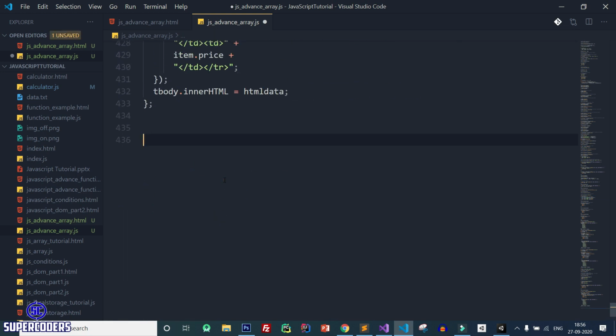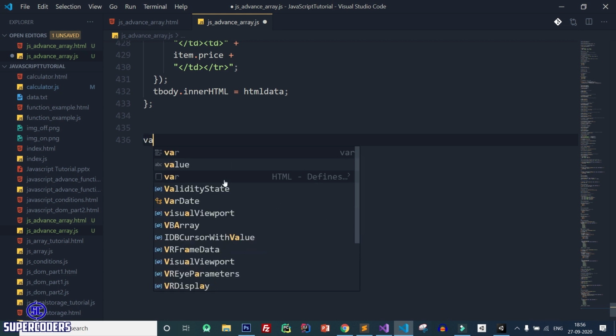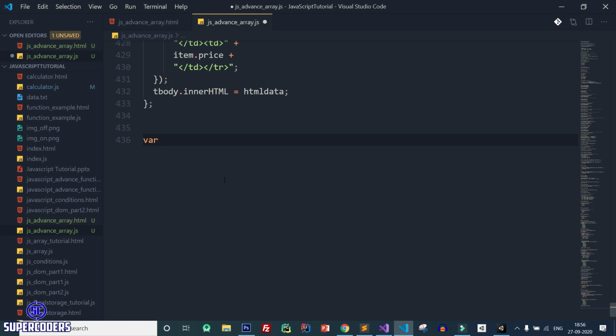Now let's work on the next example, which is spread operator, which is a very important topic and a very important part of arrays. So let's see the example of spread operator. Earlier I showed how you can copy data using the slice method, but if you want another way, you can use spread operator to copy the data from an array.